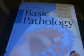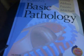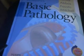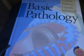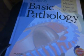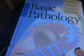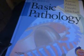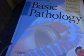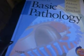Okay, so here's another book. This one is definitely a medical book. I bought this a while back because I really felt like it was pretty clear. It provides a pretty good explanation for certain kinds of pathology issues, certain diseases that affect different tissues in the body. One of the things in particular that I think has a pretty important relevance to understanding things like poisoning